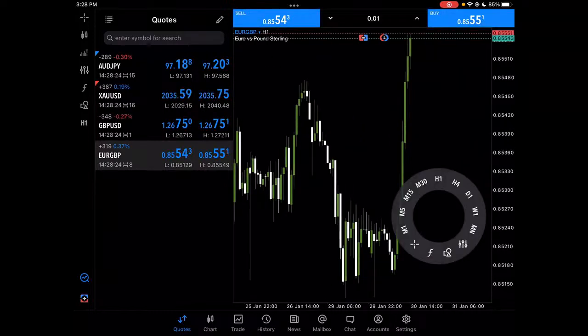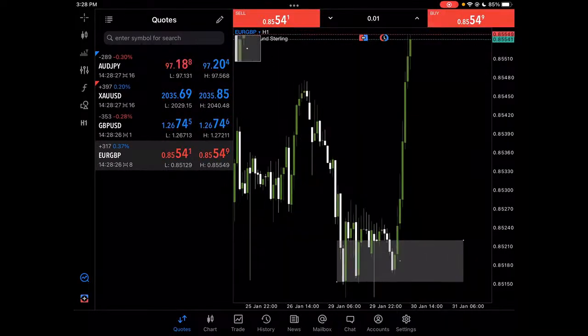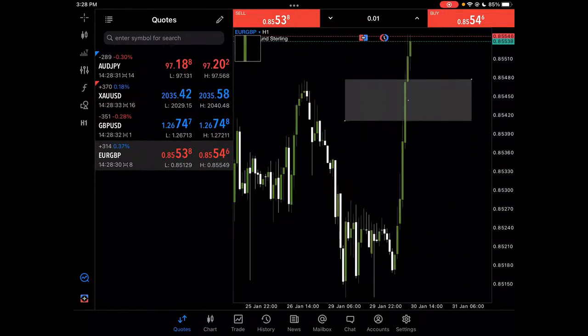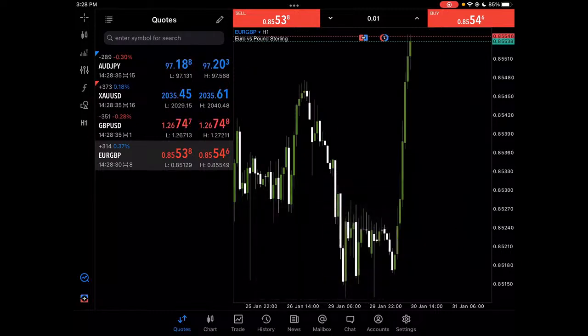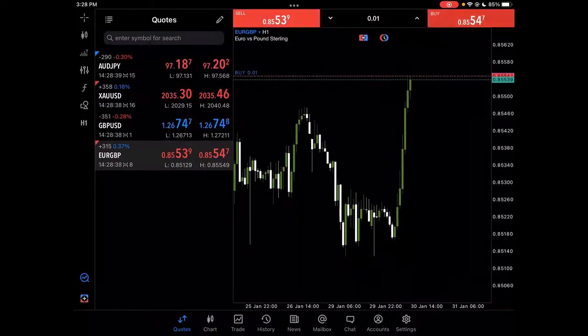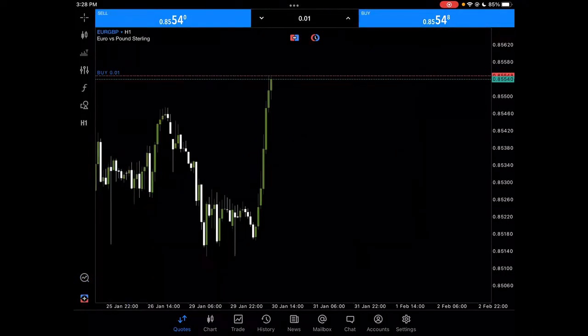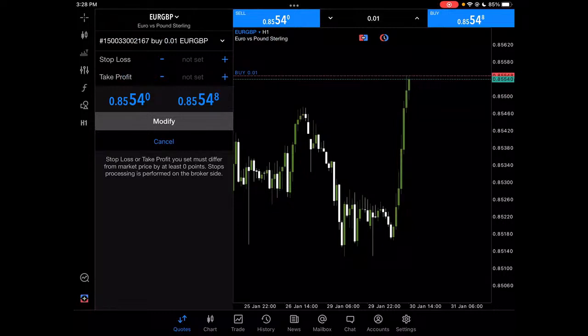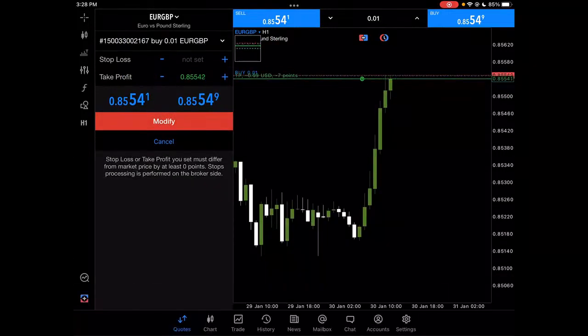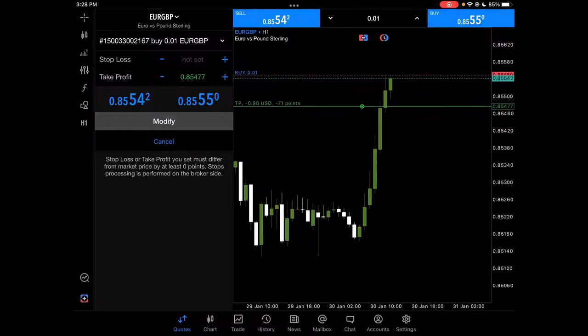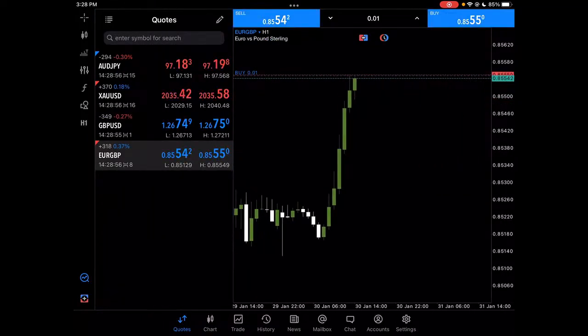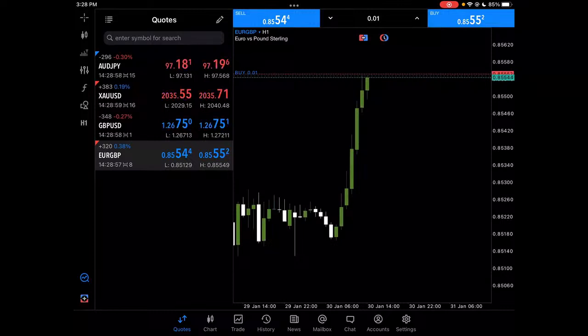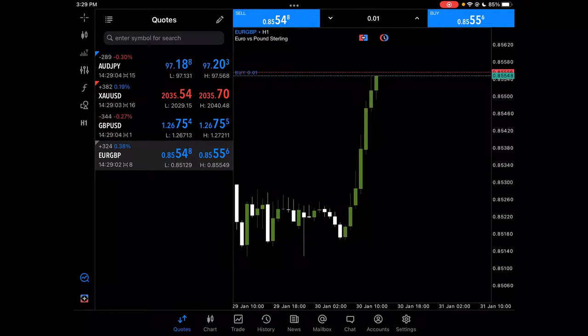Trust me, if you didn't enter from here, then you should just let it go. Not you chasing price, not you buying because it is buying. I've seen so many people do this. Price is buying and they're also having so many buys and buys and buys. Okay, I'm going to close these orders. How do I close them? I'm using a tighter lot size. Okay, they buy. You see the mistake? That is the mistake of you buying, chasing price. You find price buying and you're ready, and you also